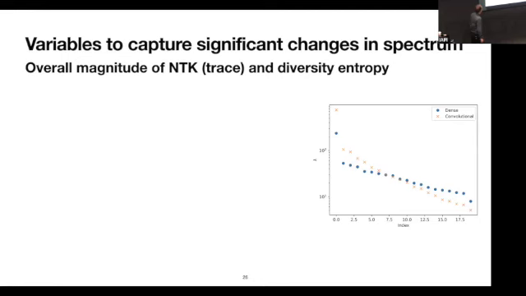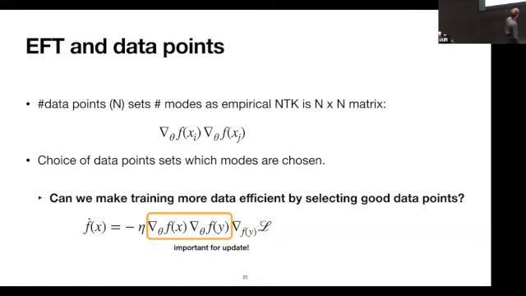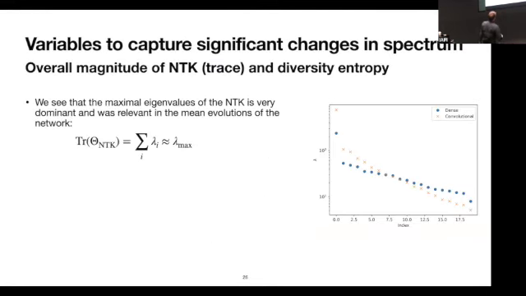So let's ask about the spectrum. Let's ask here really, can we make this more data efficient? To do this, we remind ourselves about this picture, and to talk about this in a more unified framework is to ask, are there good variables that describe this spectrum in an architecture independent and dataset independent fashion? What we definitely see here as one feature is that the largest eigenvalue keeps dominating the whole story.